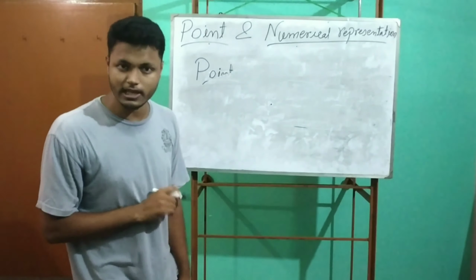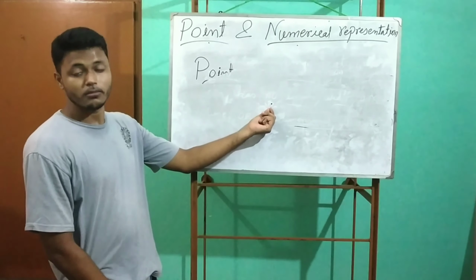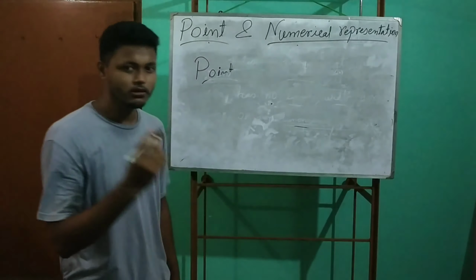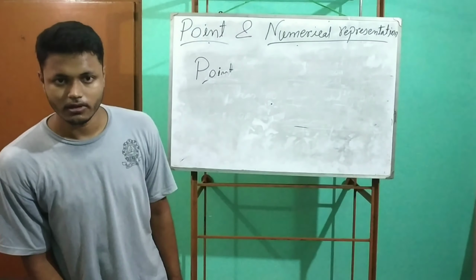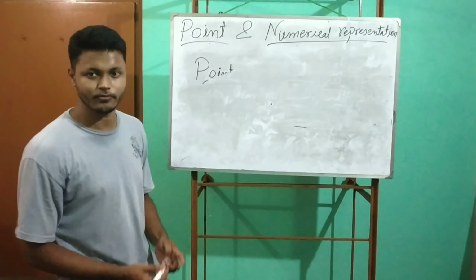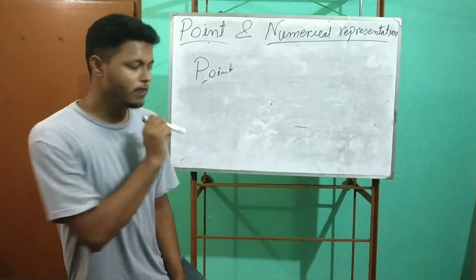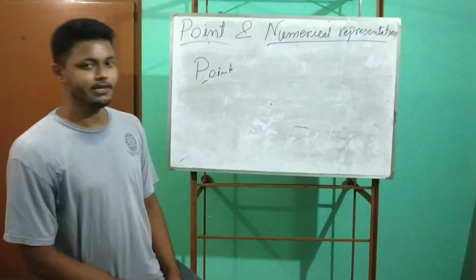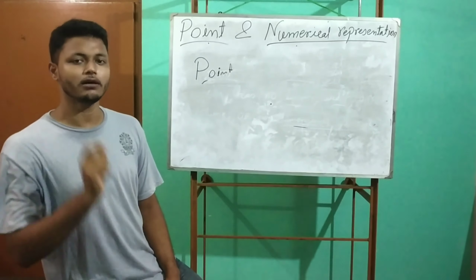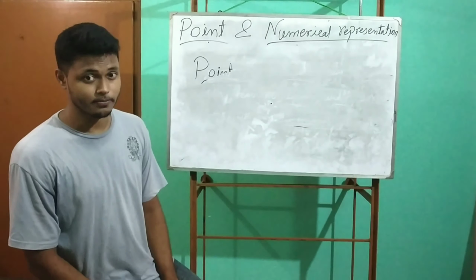Now you may argue that we can make this dot infinite small, but there is a problem. When you make this dot infinite small, then it is no longer visible. So by the infinite small dot, you can't realize a point. So then how to solve this problem? Basically, we solve this problem by assigning each point with a number. So we bring the number into consideration, into the picture to solve this problem.